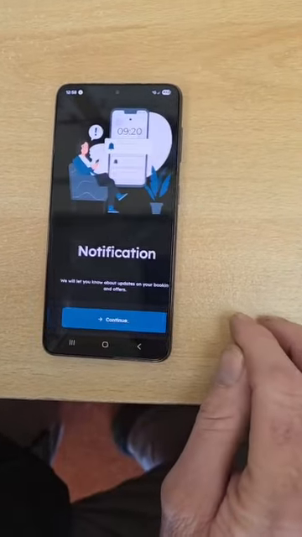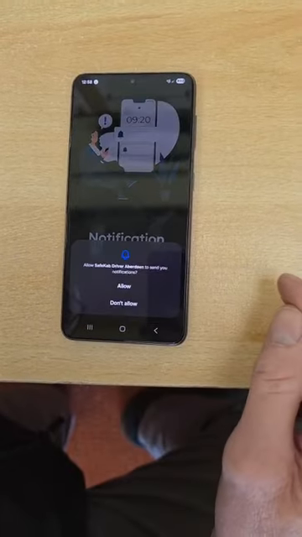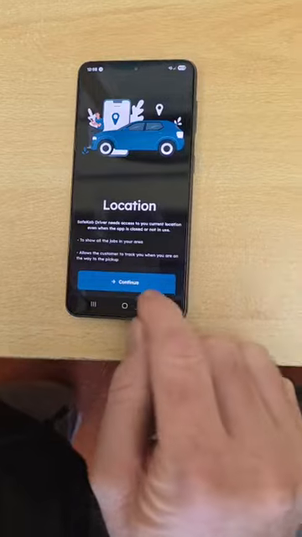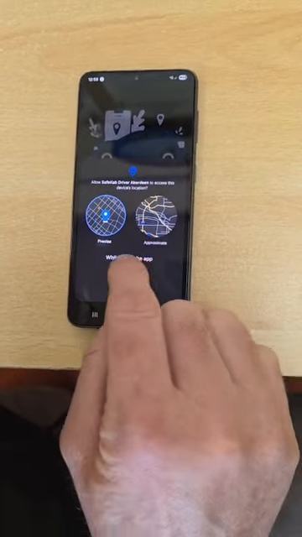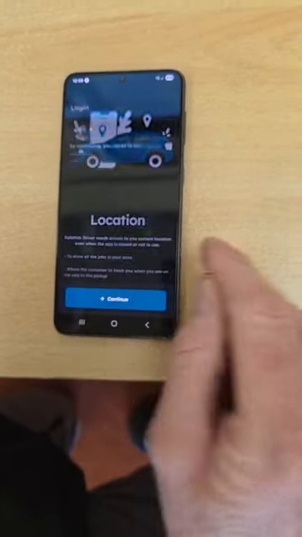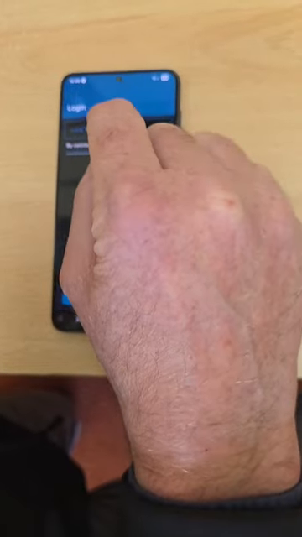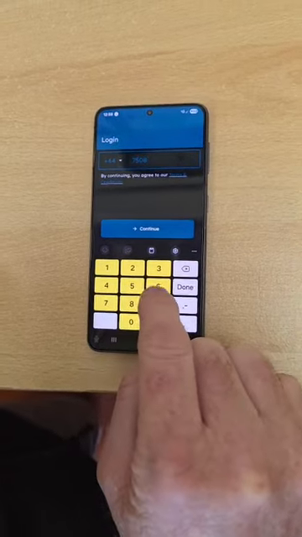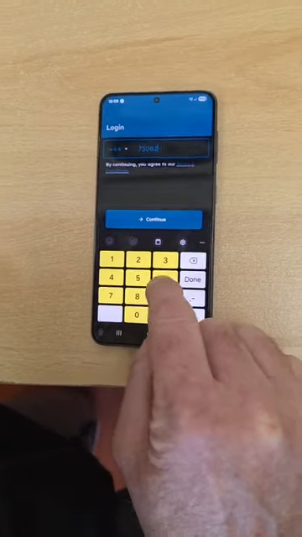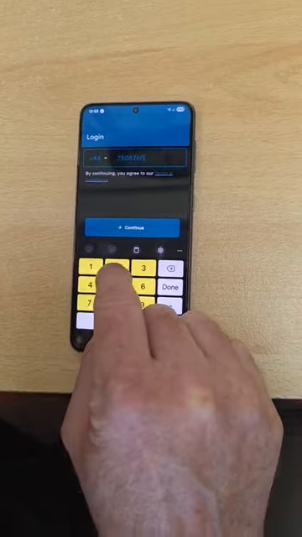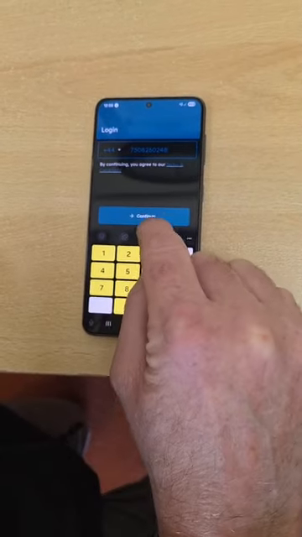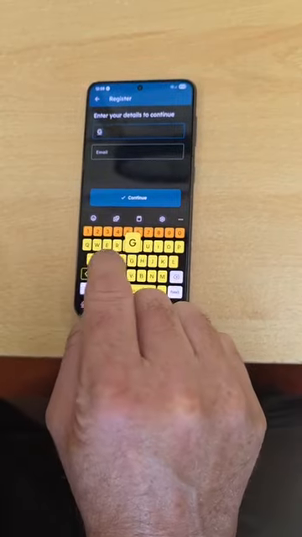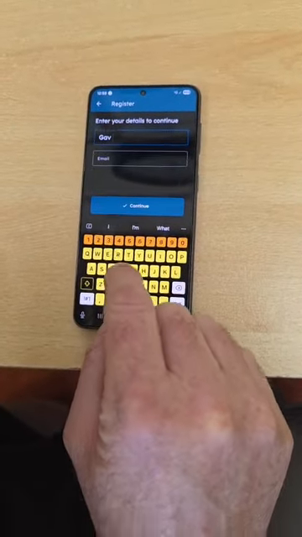So click on get started, continue, and for the notifications, allow. And location, obviously you have to allow for using the app, and then enter your phone number, 7508, and continue. So you need to put in your name here. I'll just put in Gav Taxi,